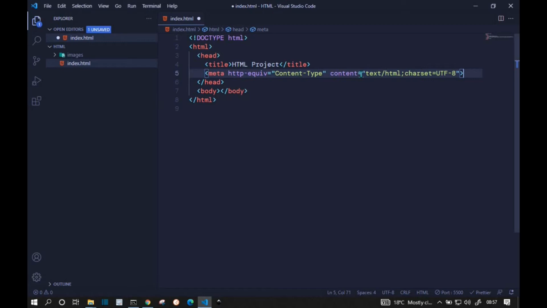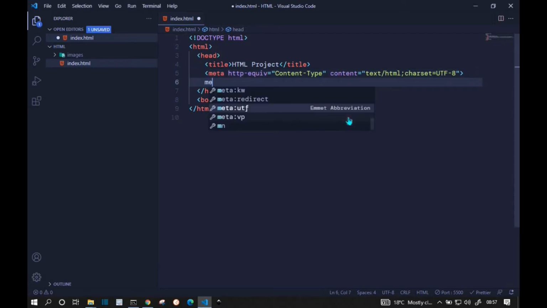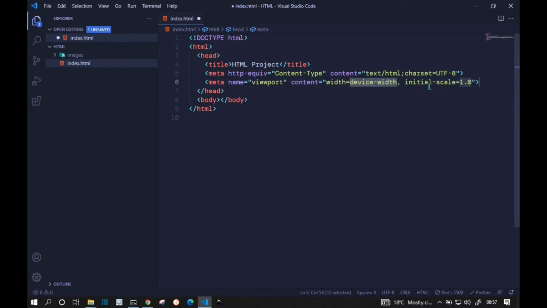What this line tells our browser is to use UTF-8 character encoding, and this character encoding simply helps our browser to convert our code here into machine readable code, which is essentially ones and zeros. Another meta tag that you may come along is the viewport meta tag, so VP, and this simply helps in mobile responsiveness. This tells the browser how to behave in mobile mode.